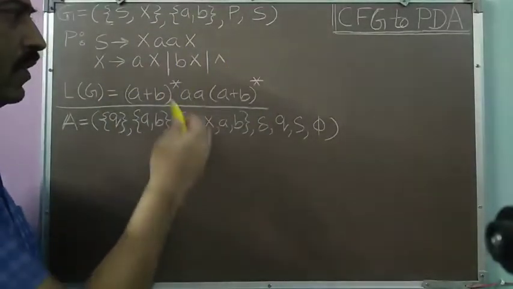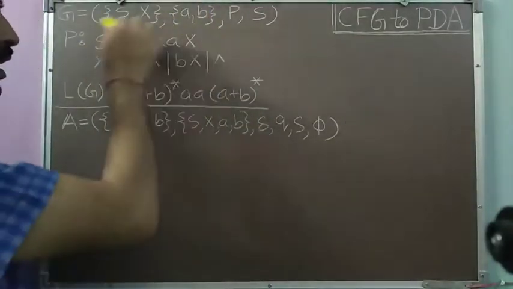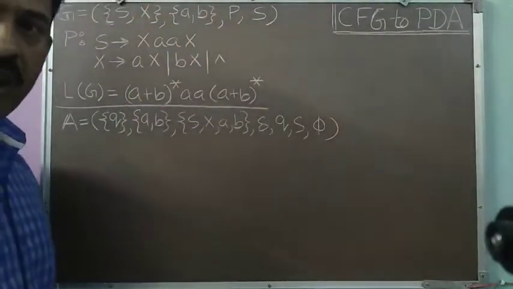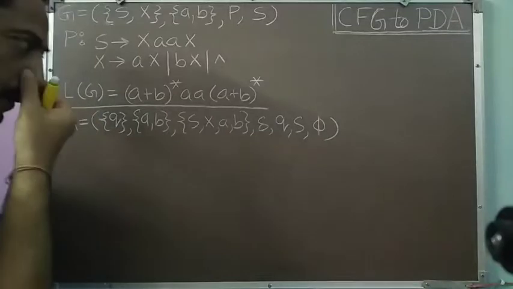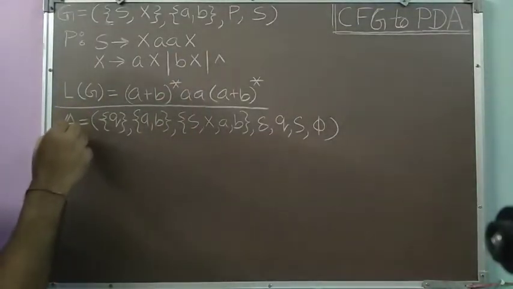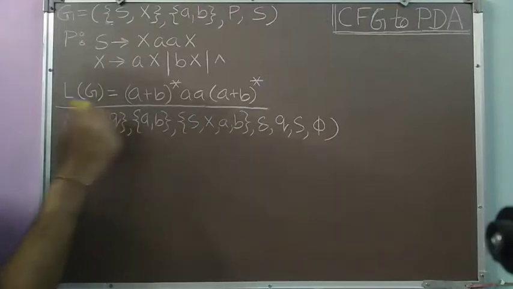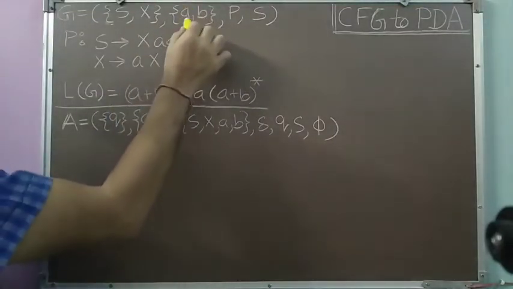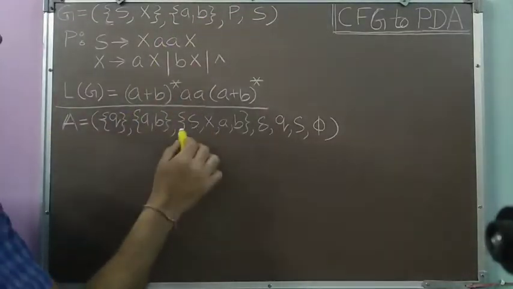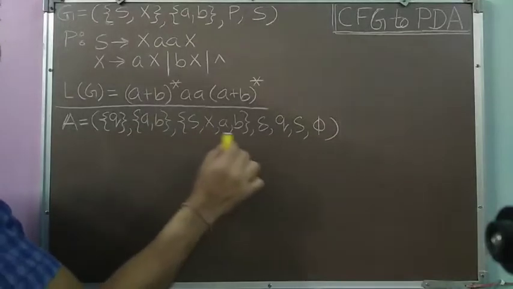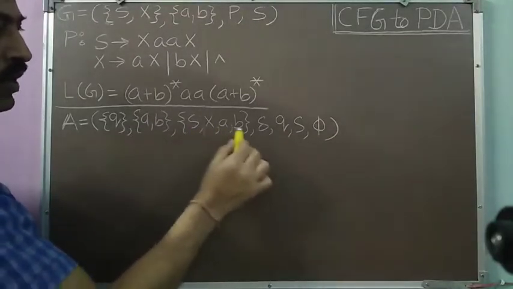Basically, it is a regular language, but because we have written a context-free grammar for it, we can convert it to the corresponding PDA as well. So now convert it to the PDA. If we convert it to the PDA, we will write the PDA A like this. There will be only a single state Q, and there will be the same alphabet symbols, that is a and b, and there will be the pushdown store symbols. All the variables and all the terminals can be put over the pushdown store.